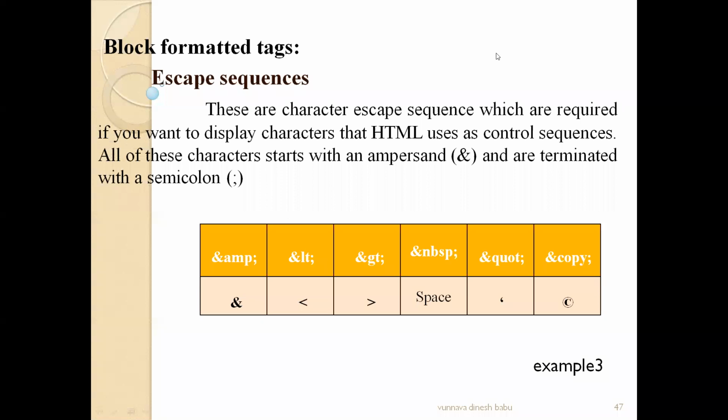for example, if I want to display CSC on the output screen, I can simply display CSC either by using heading tags, that is H1, H2, or H6, or by using a paragraph tag, or by using some other tags. I can directly display CSC on the output screen, because CSC is not something which is used by HTML. But let us consider an example.